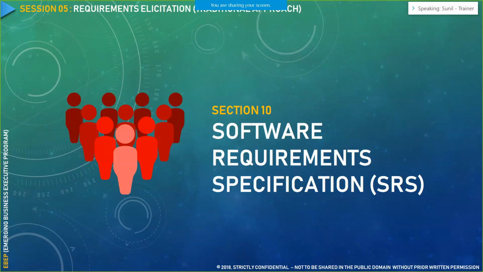Now let us understand what a software requirement specification is. We have the high level document called the business requirement document. This software requirement specification, functional specification document, or low level design document all mean the same thing. These are essentially the subset of the BRD or high level design document.